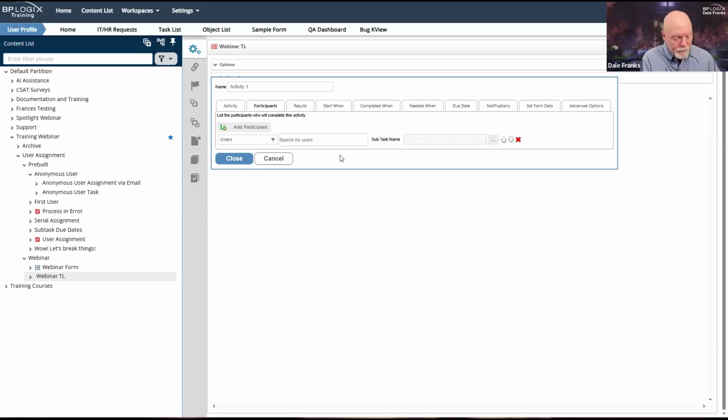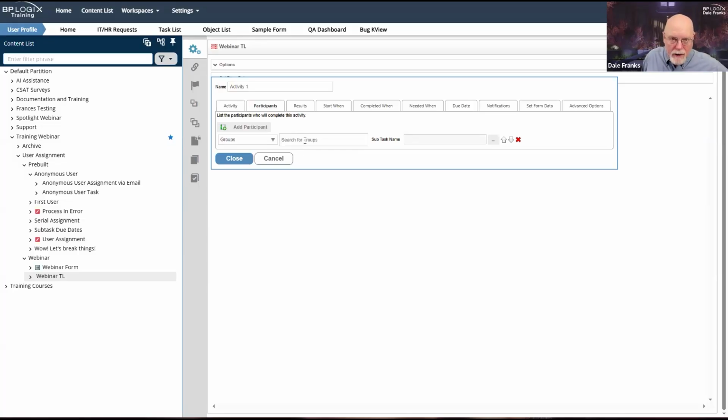If possible, assign by groups. Now, assigning by groups is neat because nothing says I have to have two or more people in a group. I can have a group with a single person, and I can make assignments by group. And my group can have as many people or as few people as I need in them.